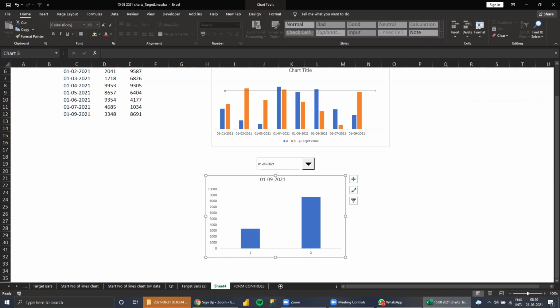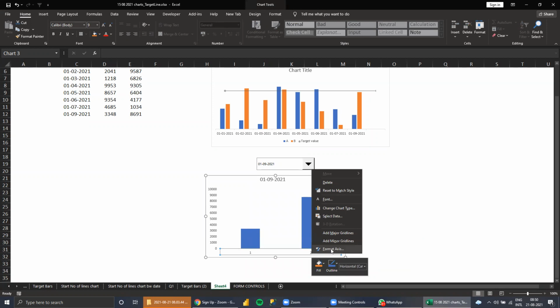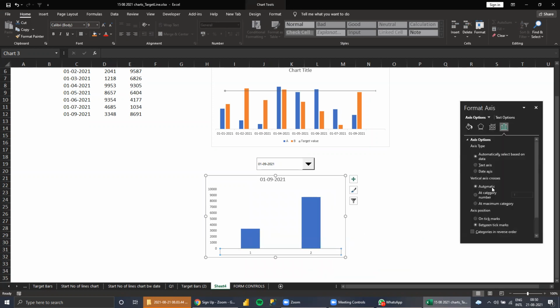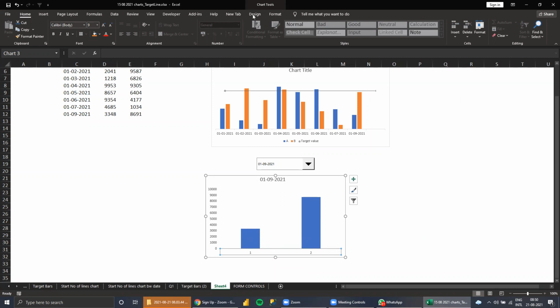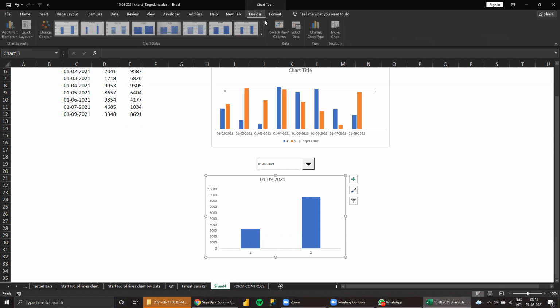No, right click, format axis. Oh, no, go here. Chart design. Chart design. Where is this?